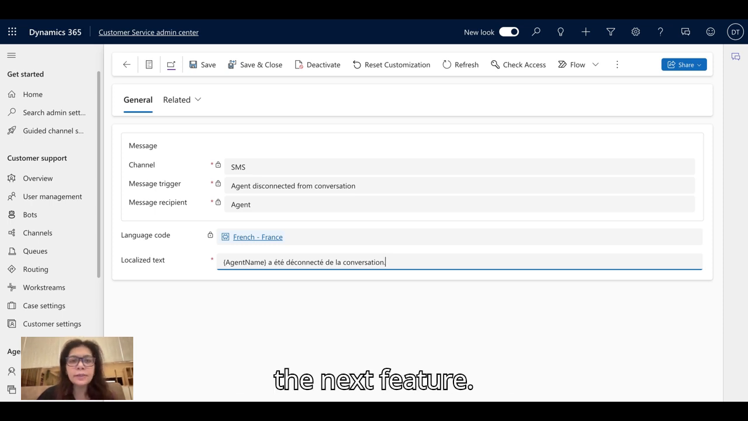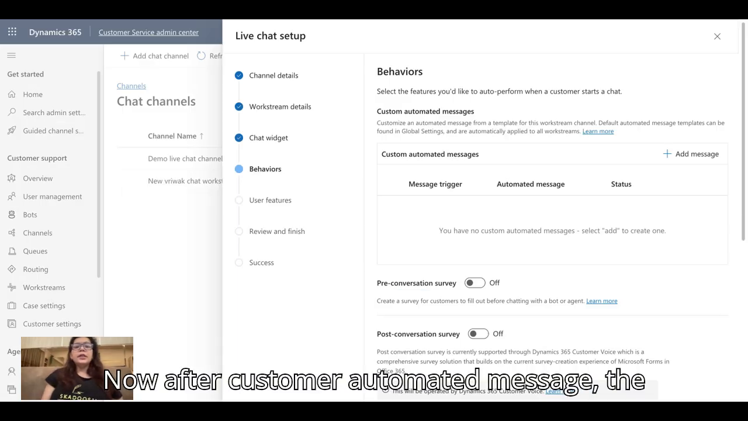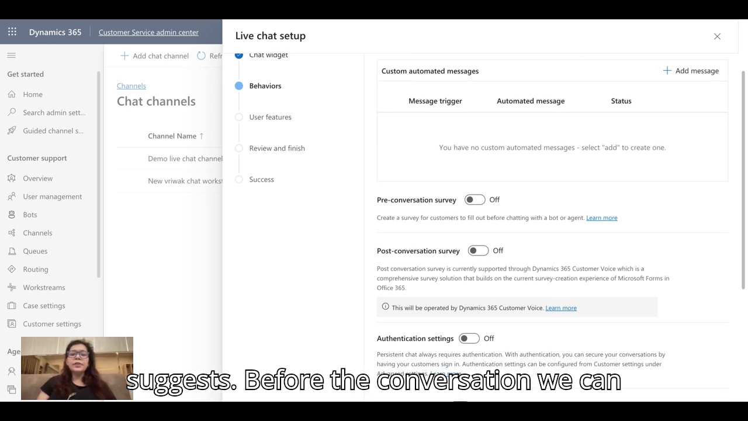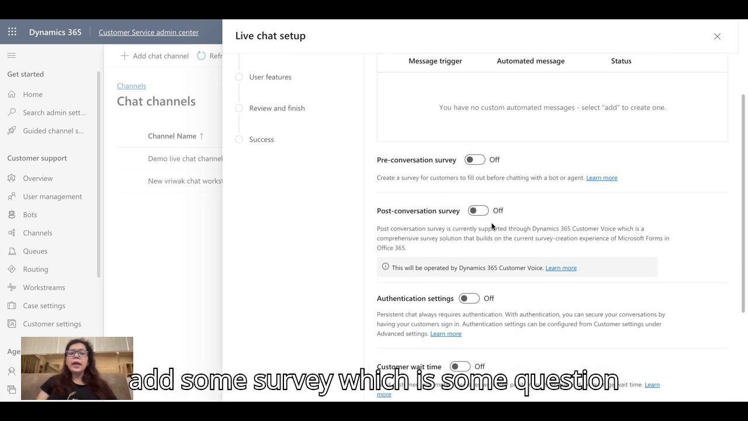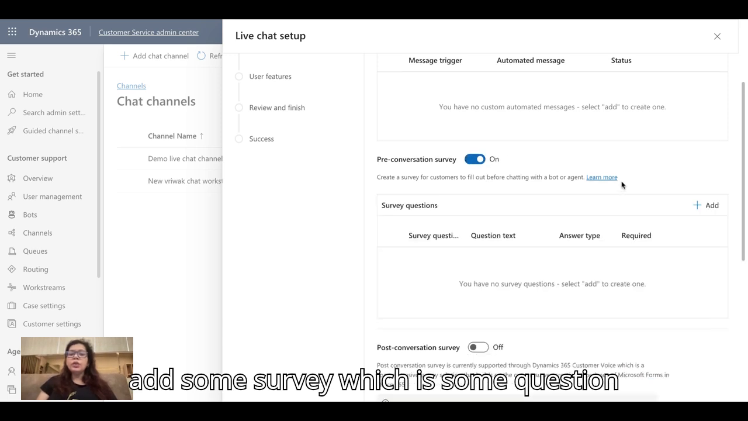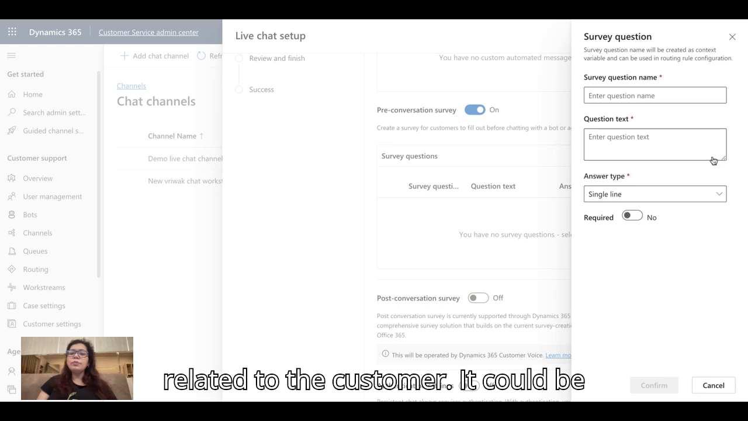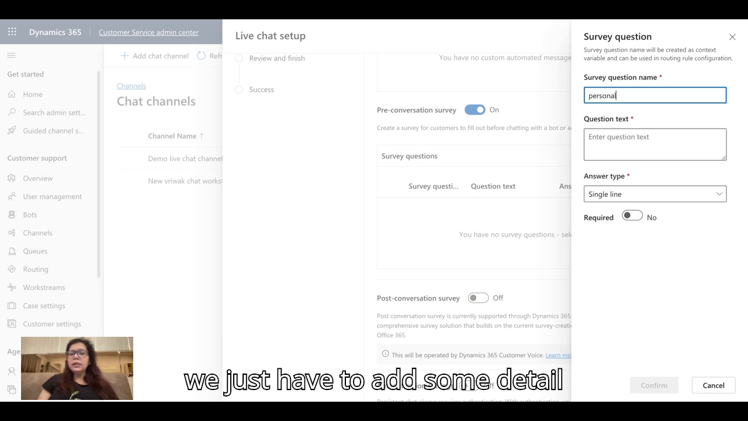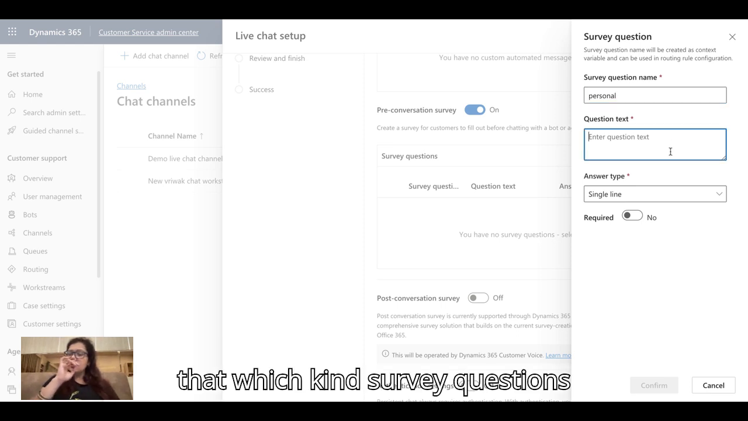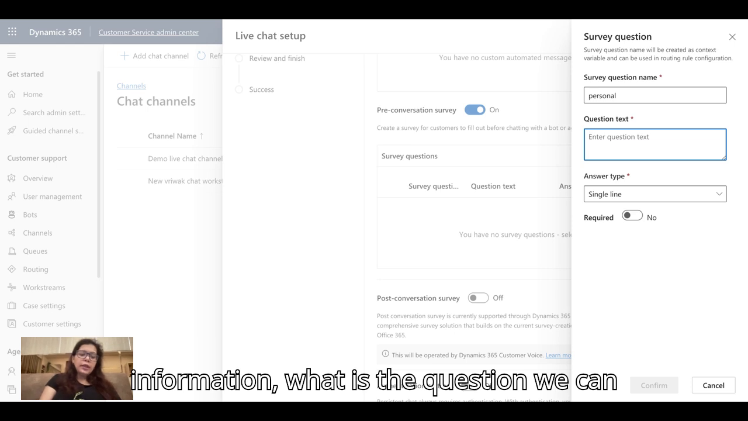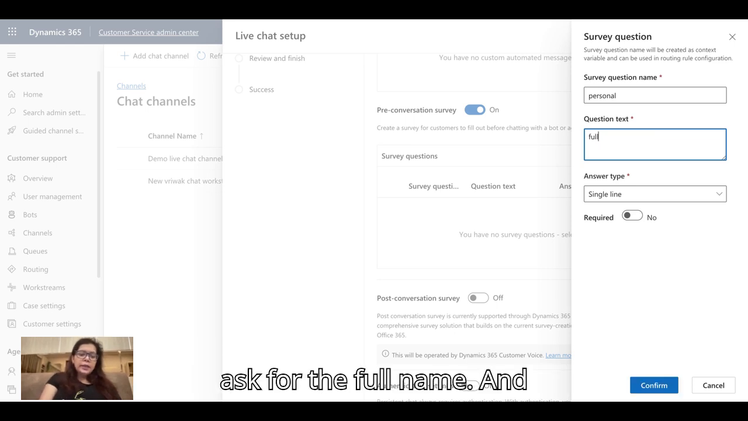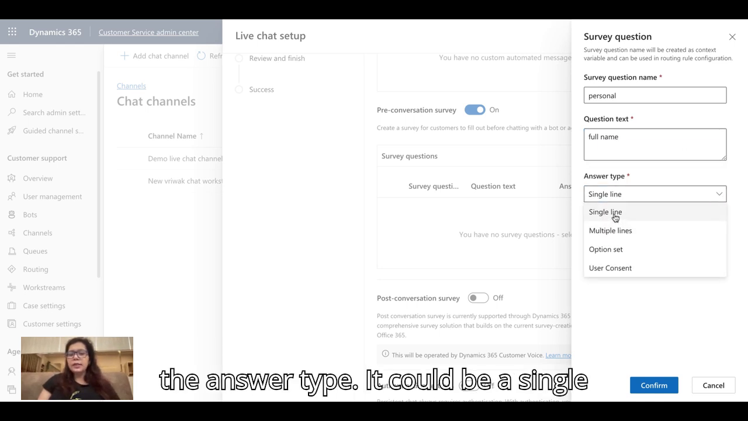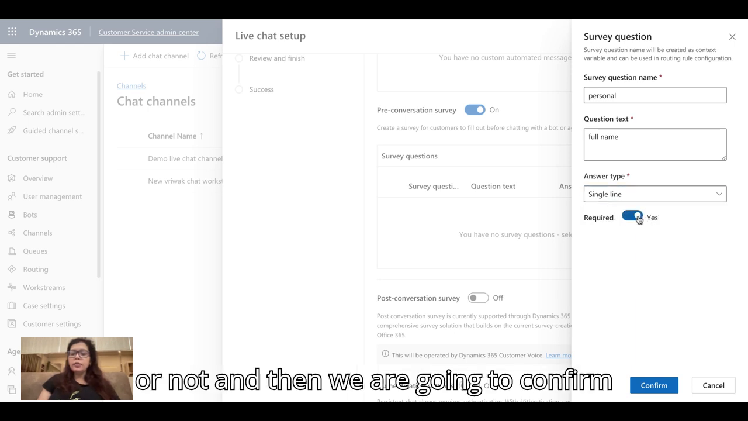Now move to the next feature. After custom automated message, the next feature we are going to talk about is the pre-conversation survey. As the name suggests, before the conversation we can add some survey, which is some questions related to the customer. It could be personal information. For that, we just have to add some details, like which kind of survey question it is. We can ask for the full name, and according to the question we can select the answer type. It could be a single line, and whether it is required or not,